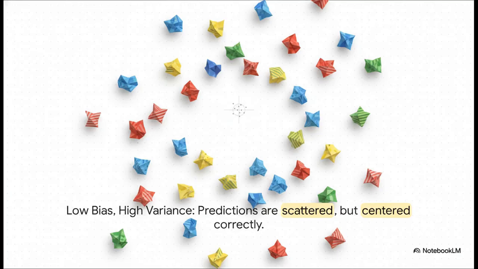Okay, now check this out. This target shows the exact opposite problem: low bias, but high variance. The predictions are just all over the place, right? They're totally imprecise. But, and this is the interesting part, if you were to average all those shots out, their center is smack dab on the bullseye. So the model isn't consistently wrong in one direction, but its predictions are just totally unreliable and wildly different each time.